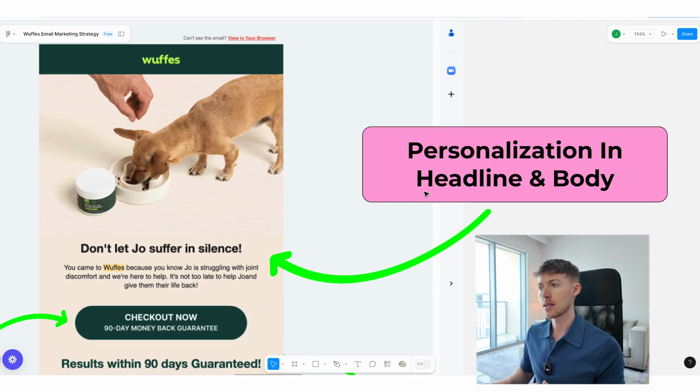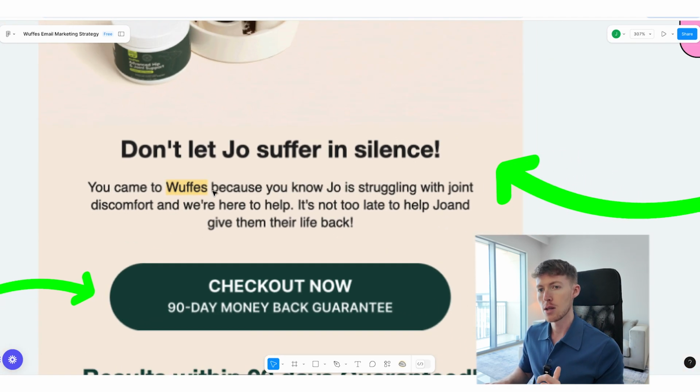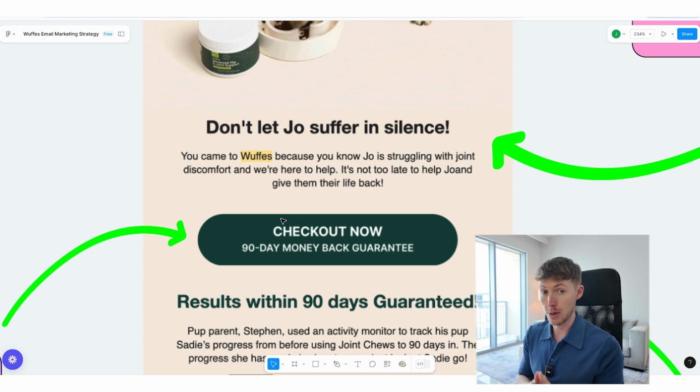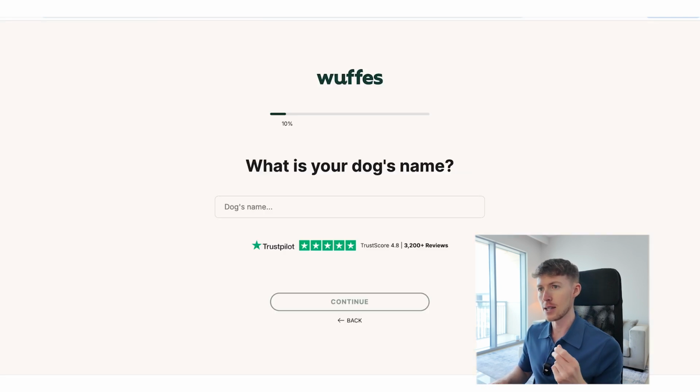But again, we see personalization in the headline and the body this time, right? "You came to Wuffes because Joe is struggling with joint discomfort, and we're here to help. It's not too late to help Joe and give them a life back." So that's just some additional personalization. They're going heavy on this. And if you're running a quiz like this where you're gathering the name of either your customer or the dog, like whatever you're selling,